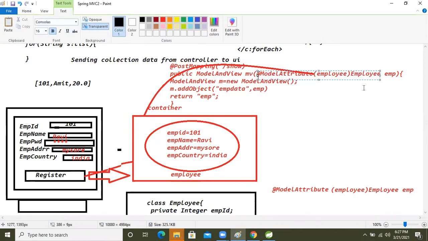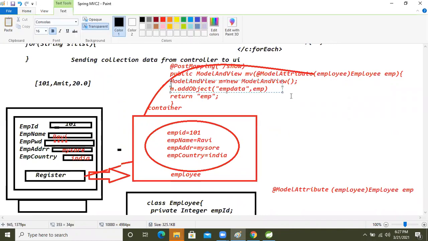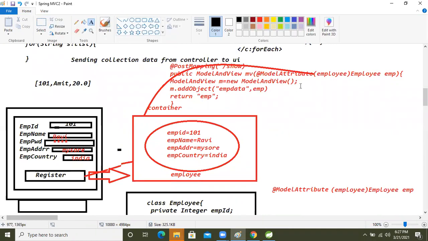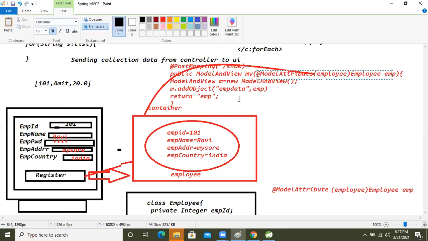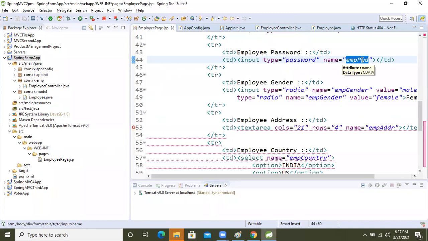It is the same as the previous code, but we just increased this much code in the argument. We wrote the model class, and this attribute we take in the form name. Whatever name we take in the form, this name must be the same. If it is different, then we will get the error.